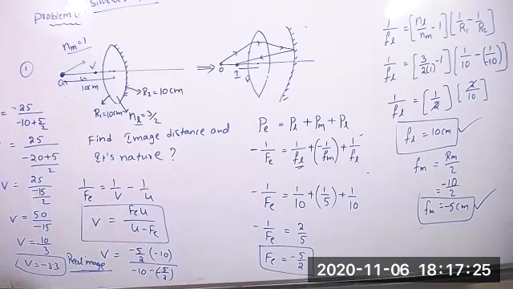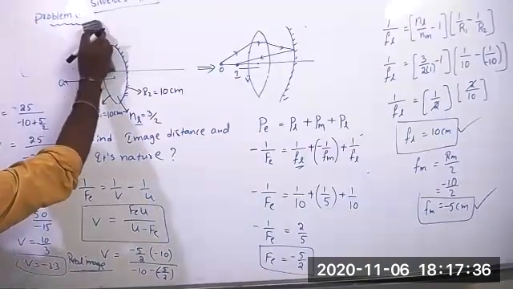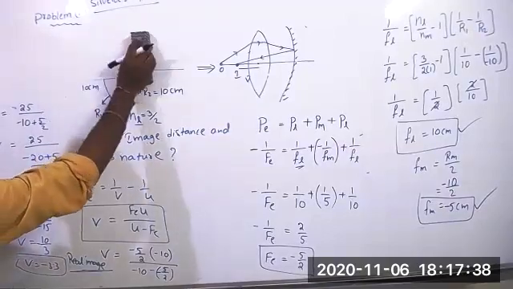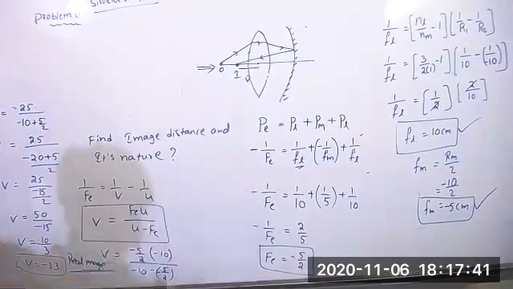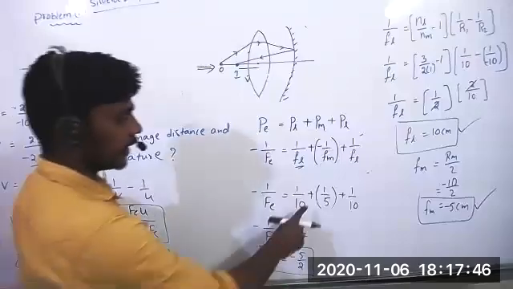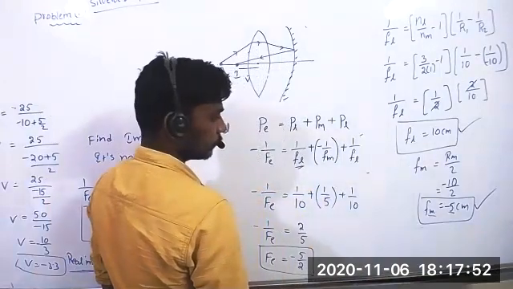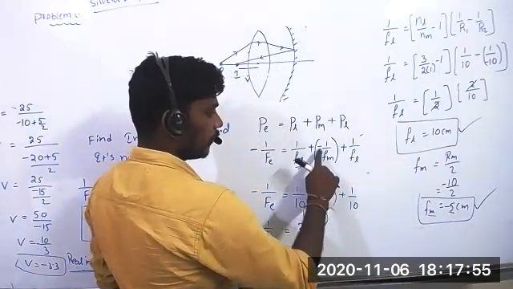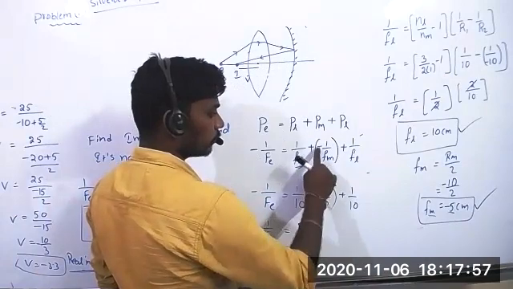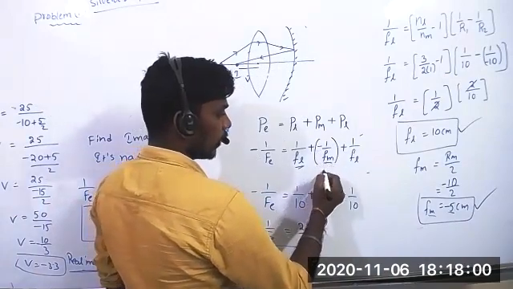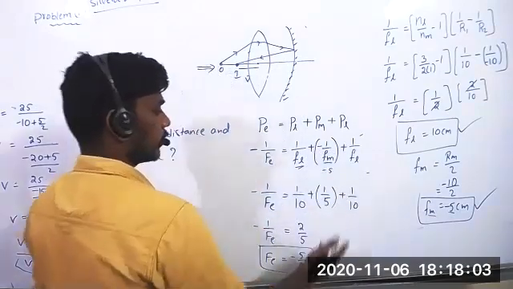Sainika, any doubt, ma? No, sir. Now one question I will give. Try to solve that. Then we can finish this topic. Sir, how is that plus 1 by 5, sir? Which one? 1 by FM, that. FM how much? Minus 5, right? So minus 5, already minus is there. Minus into minus is plus only, no? Yes, sir. Minus to minus, it will become plus.